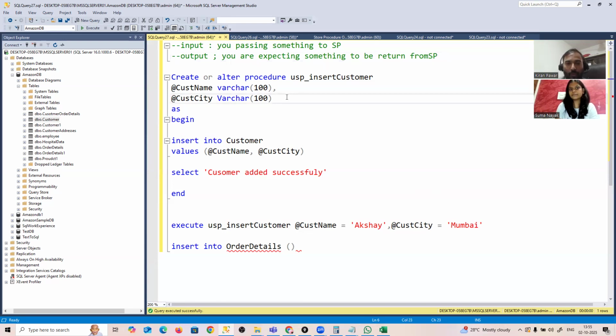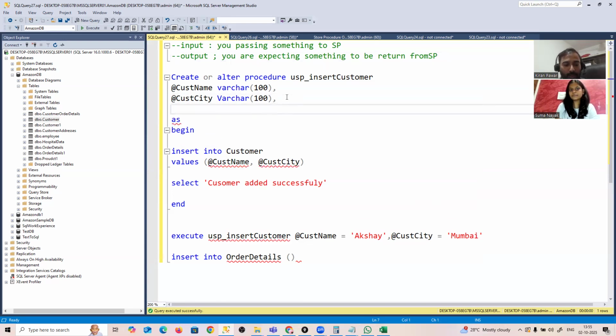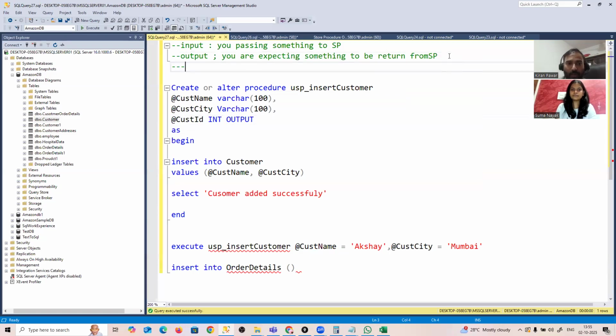Correct. So what is the syntax for that? Again, this is very simple. I want customer ID, right? I'm giving this as integers, but this is not an input parameter. This is an output parameter. So I have to pass this explicitly and mention that this variable is my output parameter. Always remember, for output you have to mention it